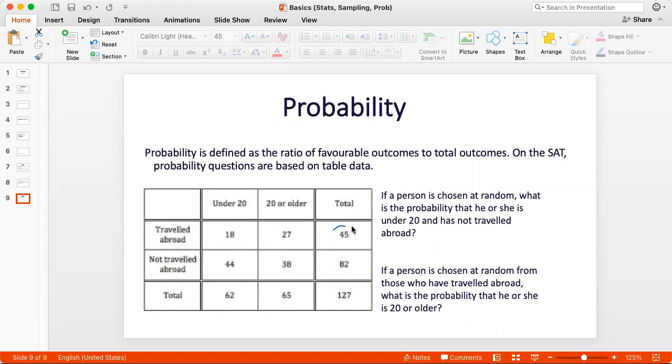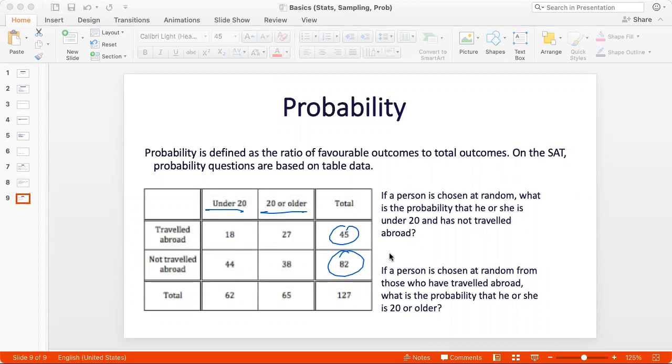So the total number of people is 45 who have traveled abroad and 82 who have not traveled abroad. And the other way I have distinguished between members is on the basis of age, under 20 or 20 or older, right? So if a person is chosen at random,